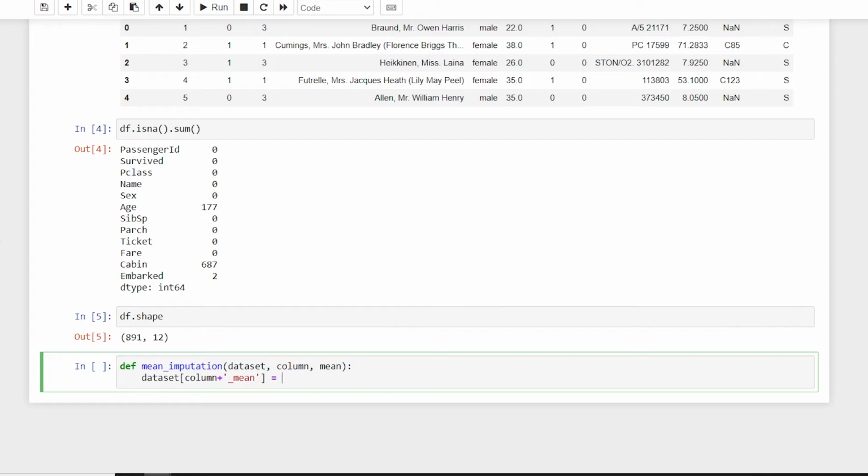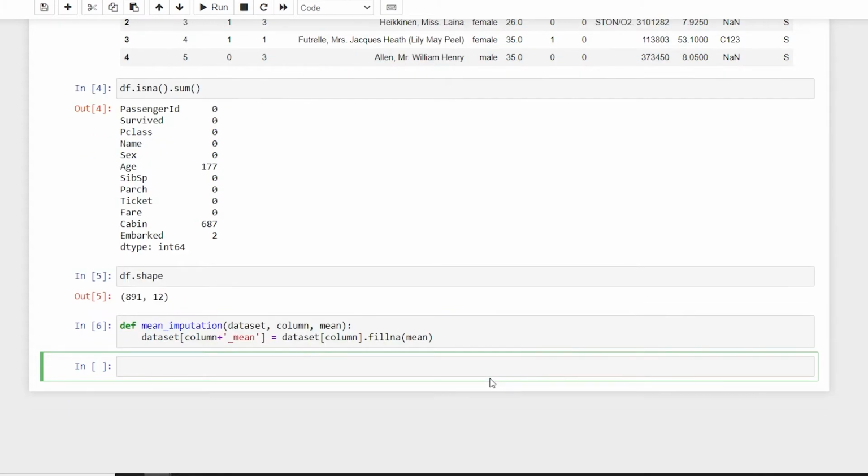Here, if I have null values, I want to replace them. So I'll say dataset and the name of the column, which is going to be age, and then fillna with mean. I don't need inplace equal to True, because I am assigning it to make a new column in the first place.